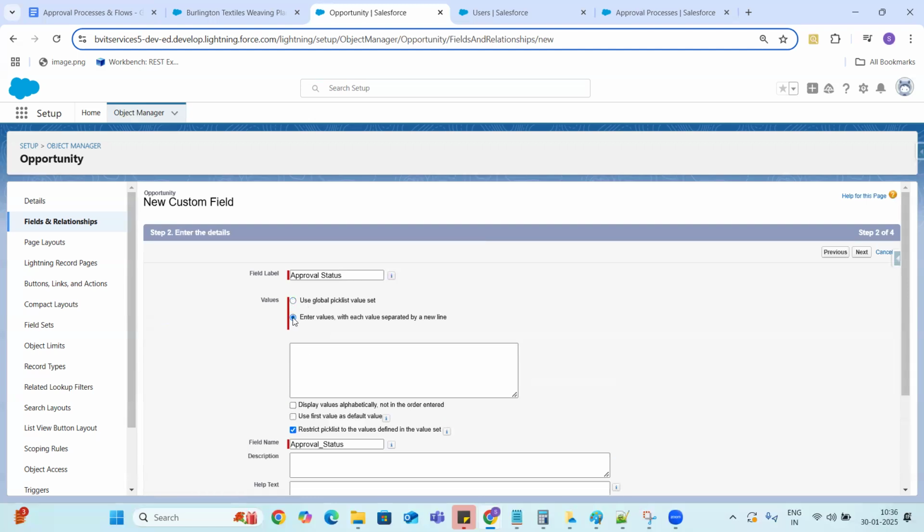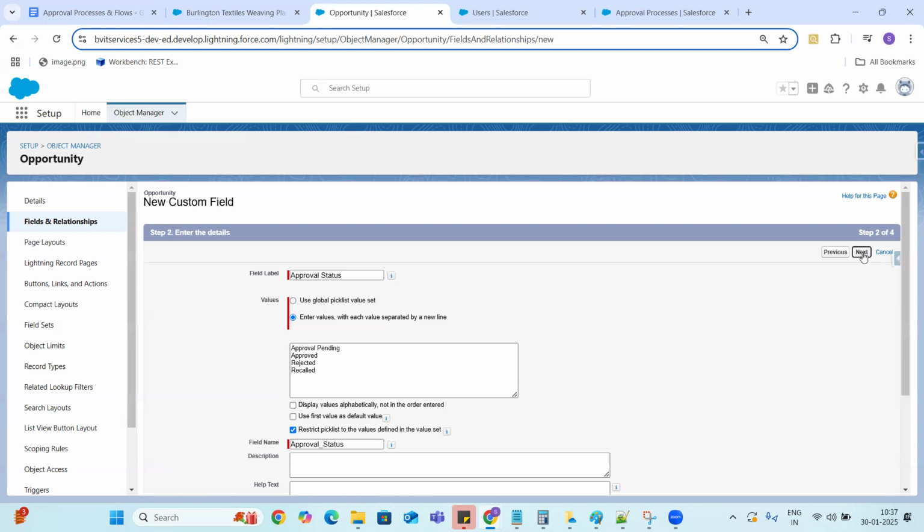Here we can have different values: approval pending, approved, rejected, and recalled. These are the different values I am looking for in the approval status field.